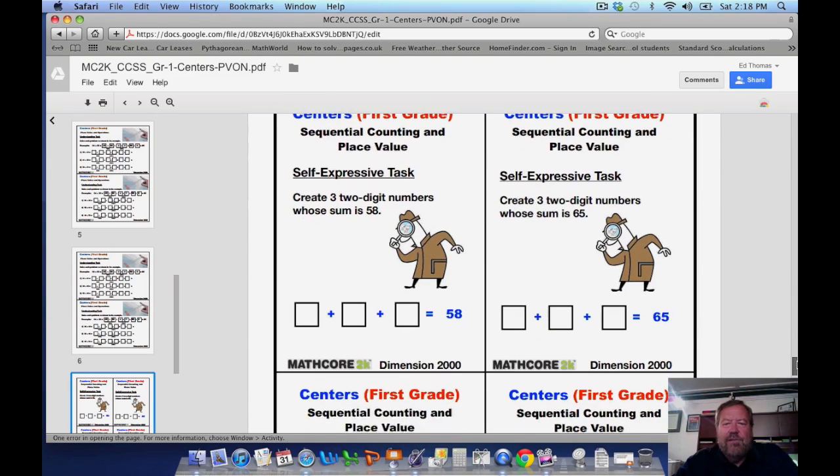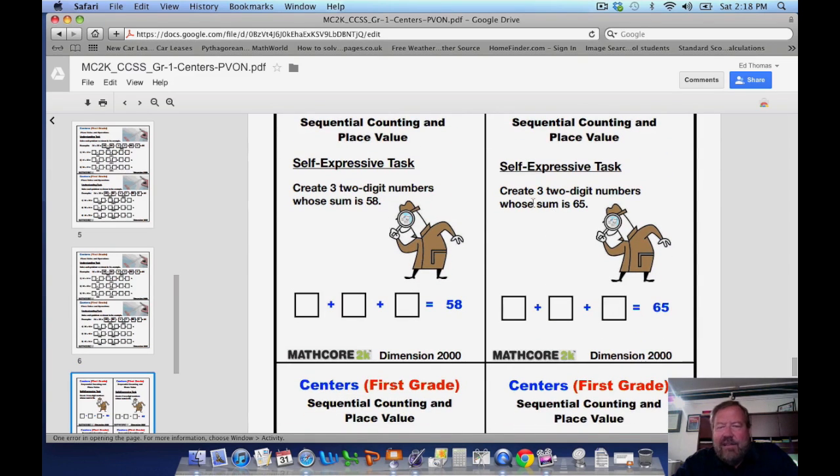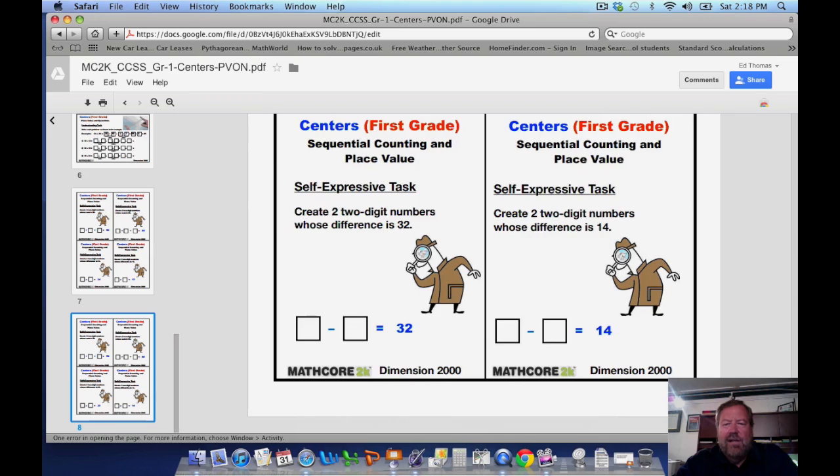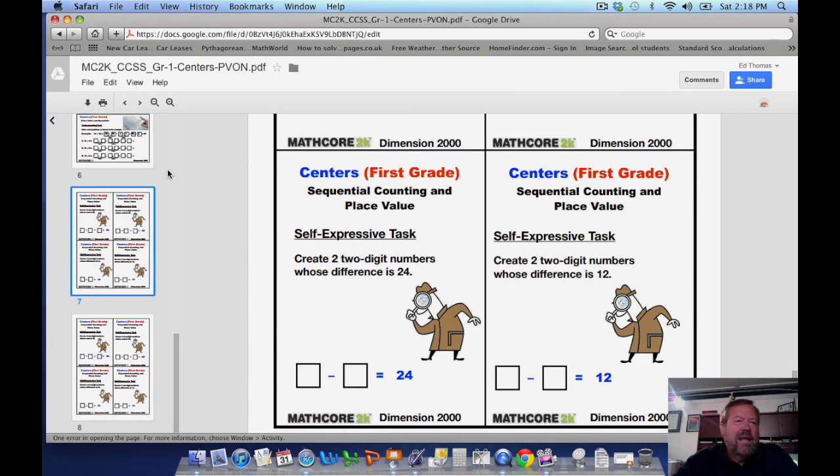Now for the self-expressive task, let's take a look at this one on the top right. It says create 3 two-digit numbers whose sum is 65. So here the kids have to think about their own numbers that they are going to create, but it has to work out so that when they add these three numbers together they get a total of 65. So a real nice application activity for the students, and again we have a couple of different cards that the students can practice. Now I'm going to click the back arrow,